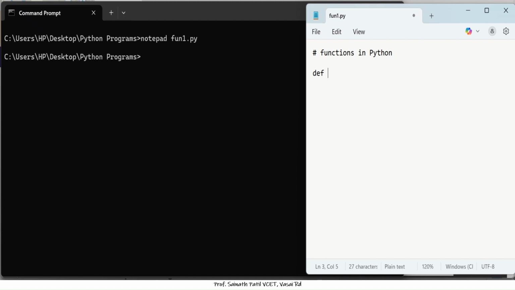Def is a keyword. Then a function name can be given, for example, sample. Then open and close parenthesis and a colon. That is the heading of the function. Here I'll give a comment: this is the header of the function heading. Under the function heading, immediately comes the function definition, that is, what task you want to do in that function,